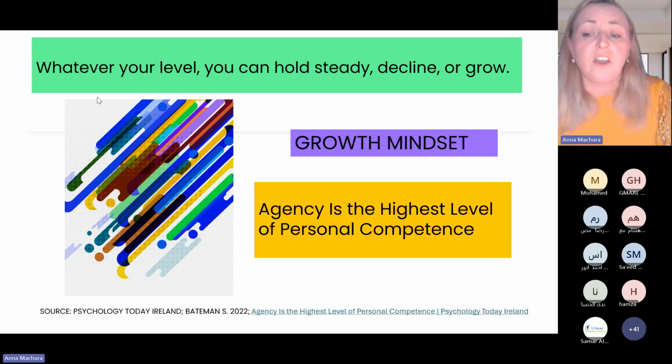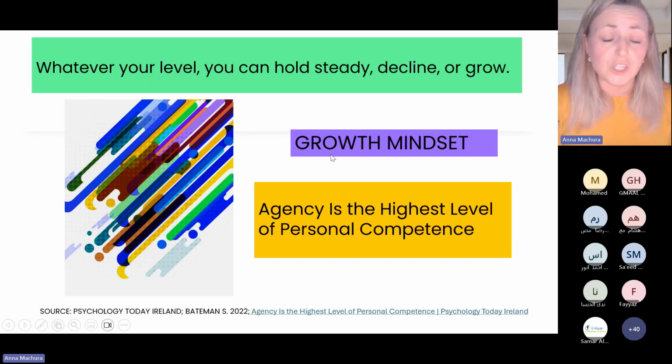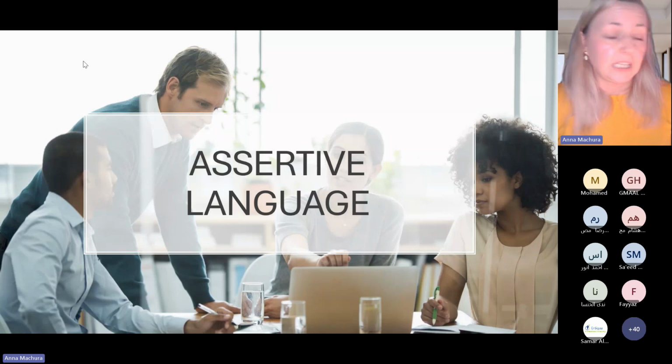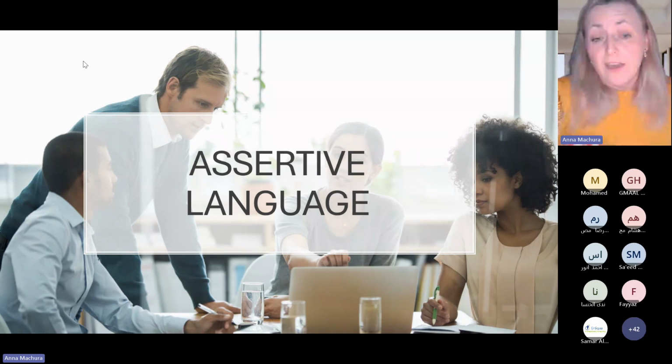So agency is the highest level of personal competence. Say, okay, I'm going to do something about it. And that's a therapy. I do it a lot with my clients, not just students in the classroom, but I do use therapeutic teaching in the class. It's the method that I created, and I write articles. If you're interested, you can see Modern English Teacher, the magazine, and there's more on that.